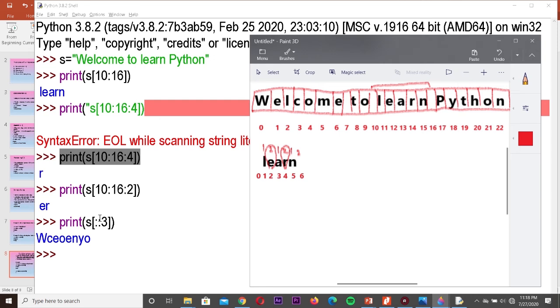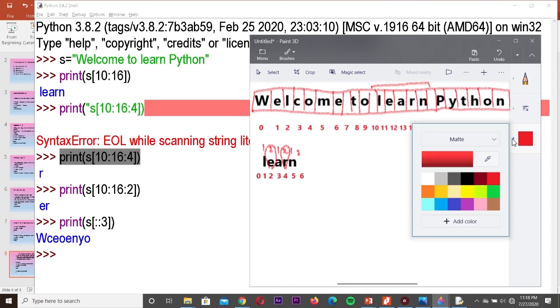The ending value is not given, so it will consider the entire string. There is no substring, but it will consider the entire string. So welcome to Python will be considered.